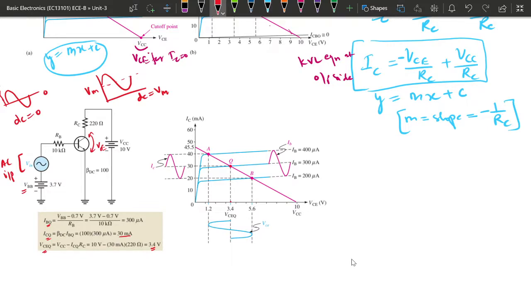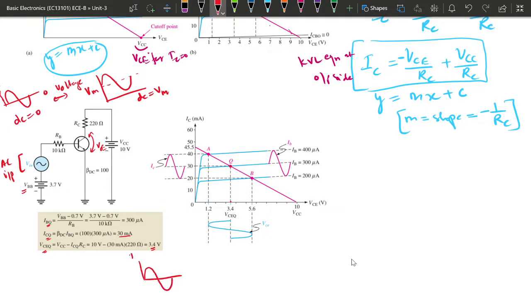Suppose AC is applied, so its AC will be at 0 DC value. But when this AC is provided with a DC value, this AC will be shifted by that DC value, whatever DC value we are providing. Okay, so this is in terms of voltage. A similar concept will be there if we are talking about the current. So that means if this is the current,